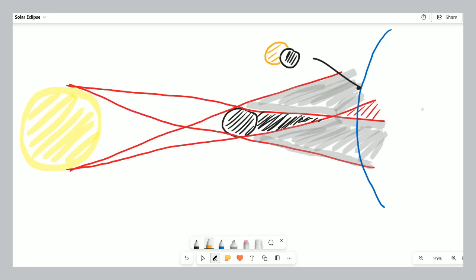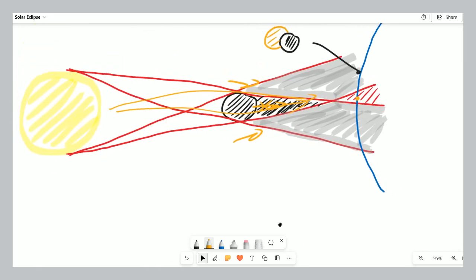But if you're standing right here, you see sunlight from one side of the moon and you see sunlight from the other side of the moon, but you can't see it from the middle. And remember, we are talking about spheres here, not disks. So you can also see sunlight from behind and from in front, and it looks like a ring. So if you're standing in this region, you will see